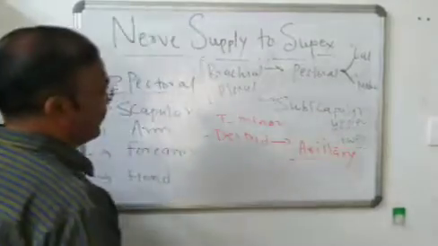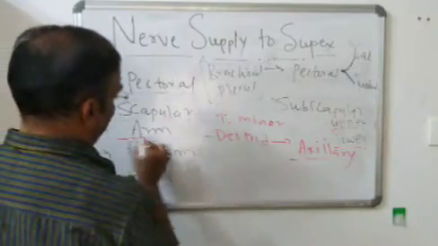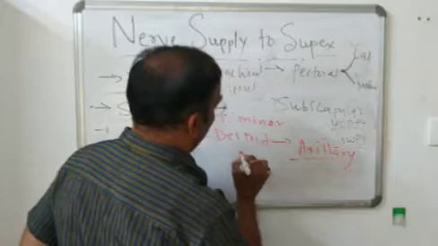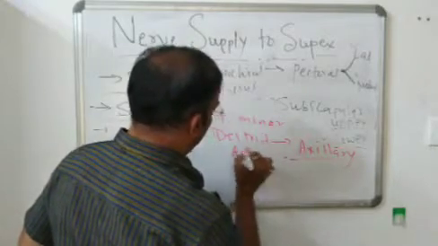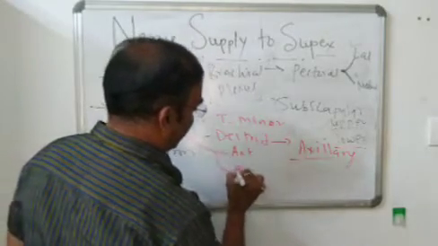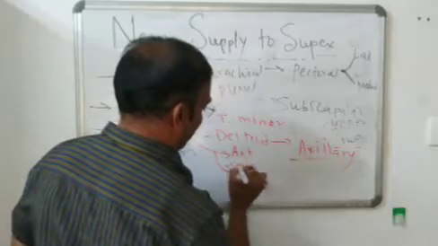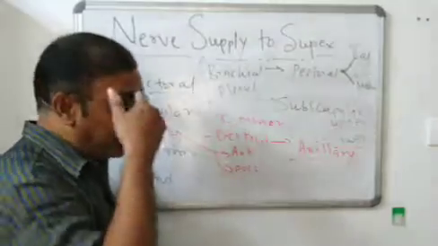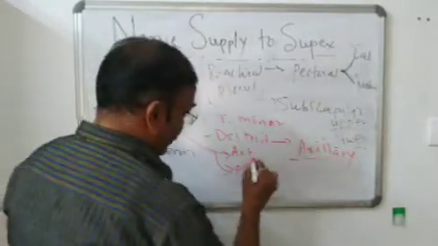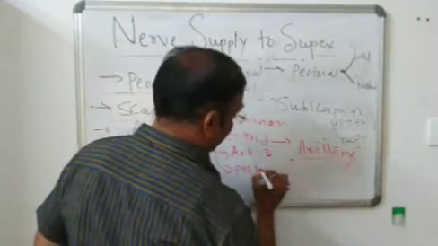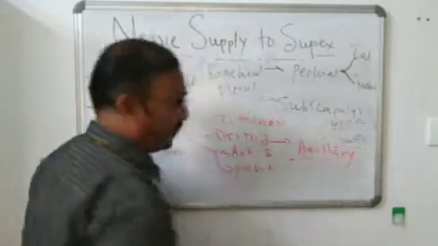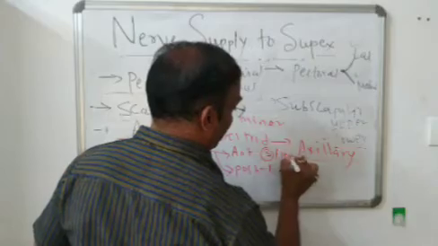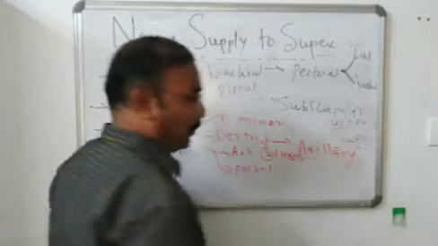Okay. Then the next region of our superior extremity is the arm region. Now the arm region is further divided into two compartments, the anterior compartment and posterior compartment. In each compartment the muscles are present. The anterior compartment consists of three muscles, and the posterior compartment consists of one muscle. Now the common action of all these three muscles is flexion at the elbow joint.